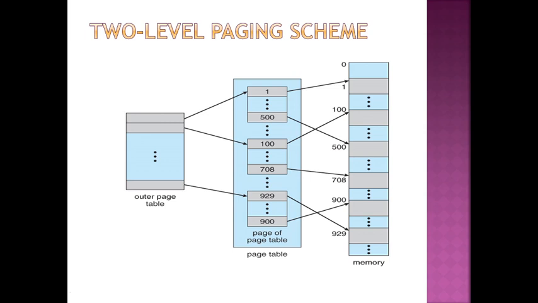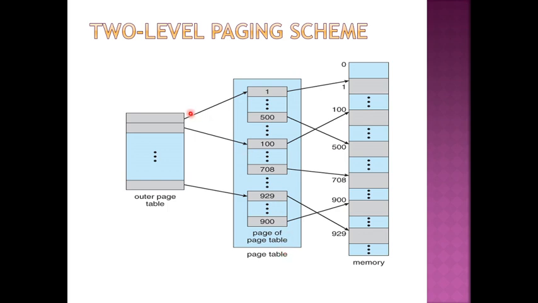Now with regard to what we discussed in the previous slide, there we had two page numbers and here we have two page tables. We do not have a single page table. One is the outer page table and the other is the inner page table, and then finally we have the main memory, or the physical addresses. We have a logical address that we are converting to a physical address, and that is why we use the mapping table, which is nothing but the page tables.